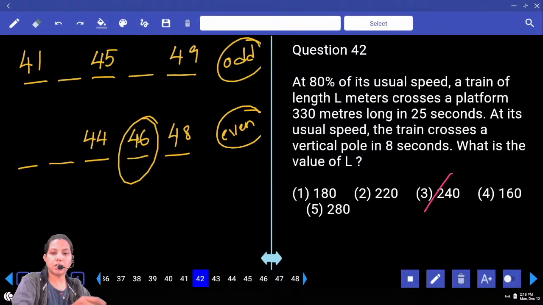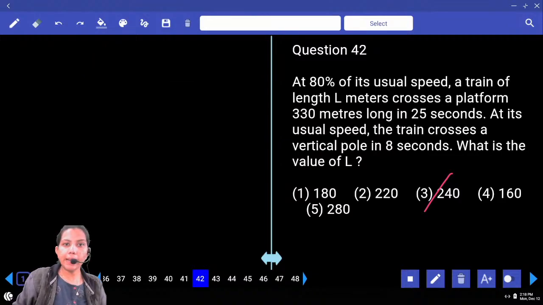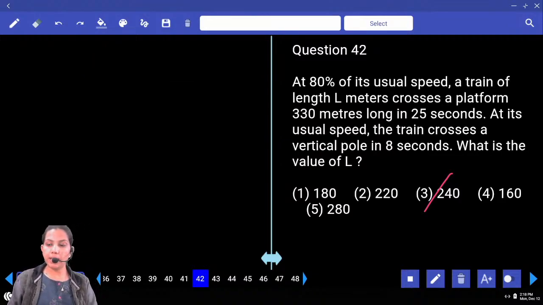Okay? Next, question number 42. At 80% of its usual speed, a train of length L meters crosses a platform 330 meters long in 25 seconds. At its usual speed, the train crosses a vertical pole in 8 seconds. Then what is the value of L? What is the distance formula? Speed into time. In the first condition, how many measurable lengths are there? One train crosses